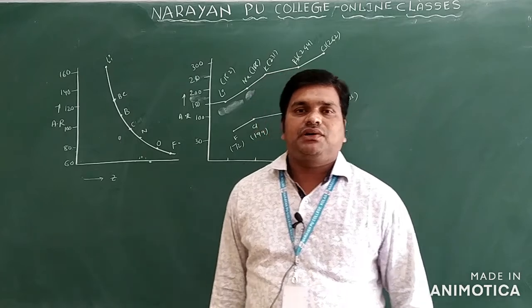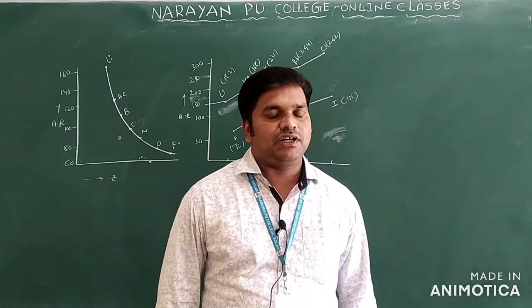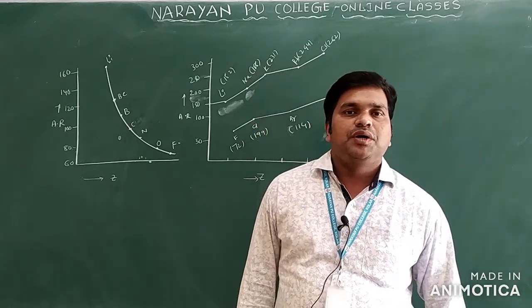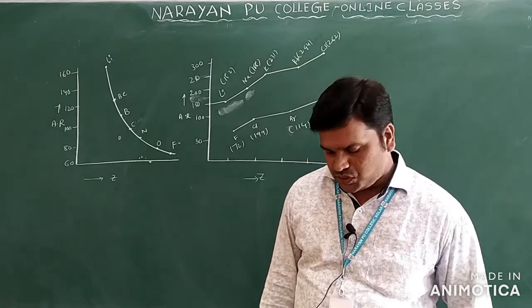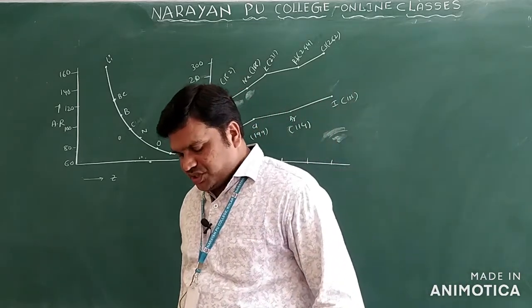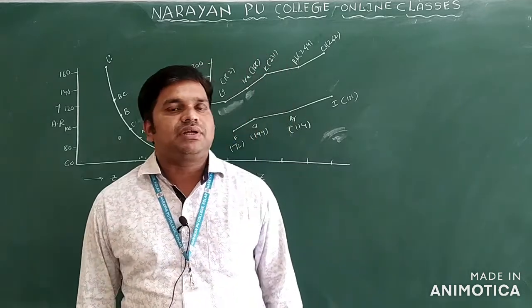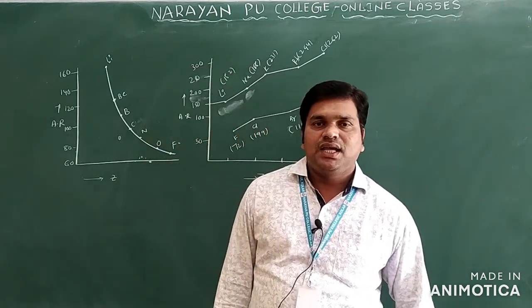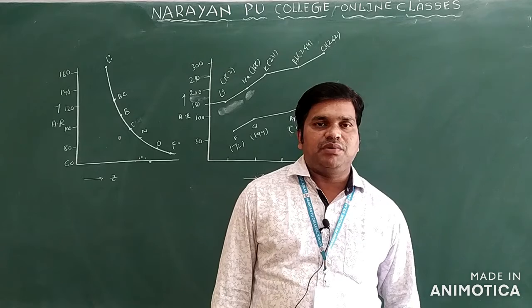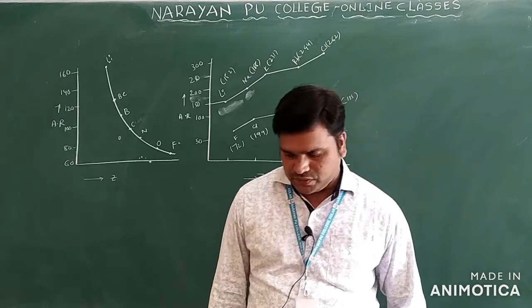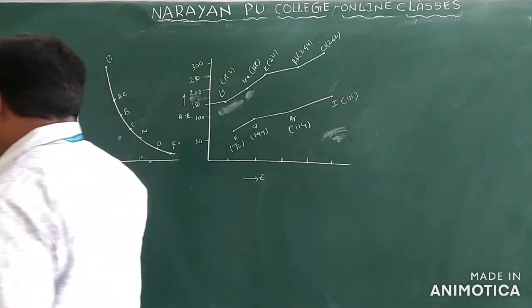In the previous episode, we already discussed the atomic radius and how it changes in both periods and groups. In a period, from left to right, atomic radius decreases. In a group, from top to bottom, atomic radius increases. Clear? Here you can see some of the graphs I drew.